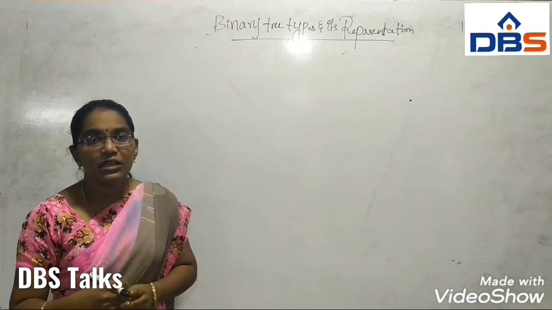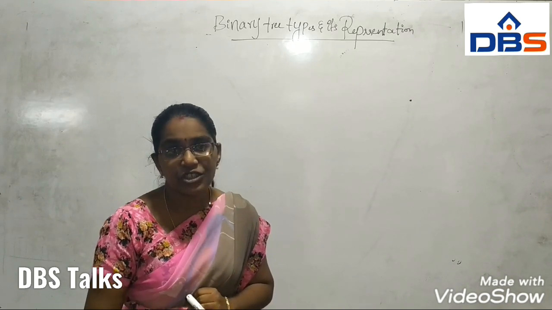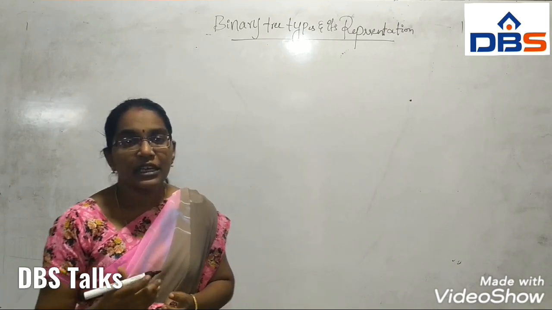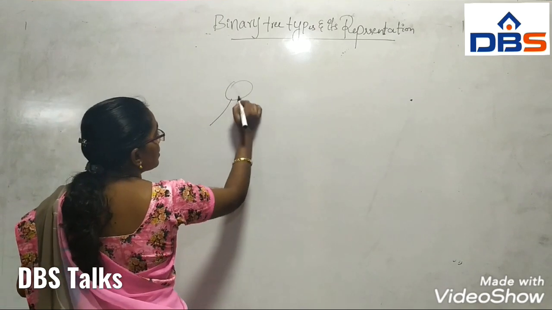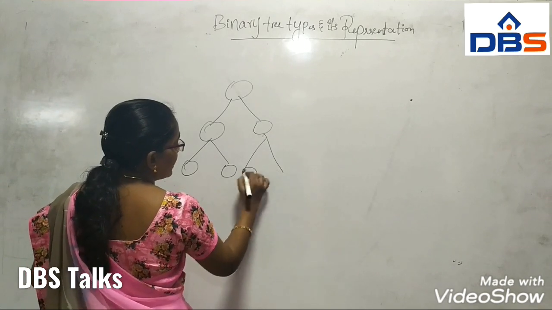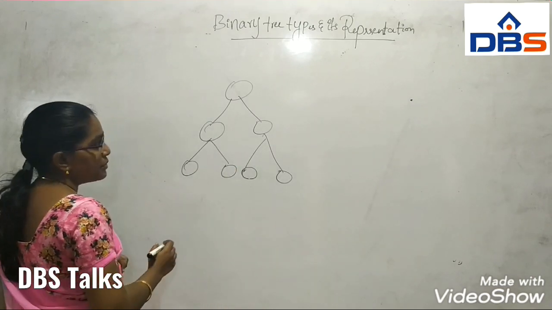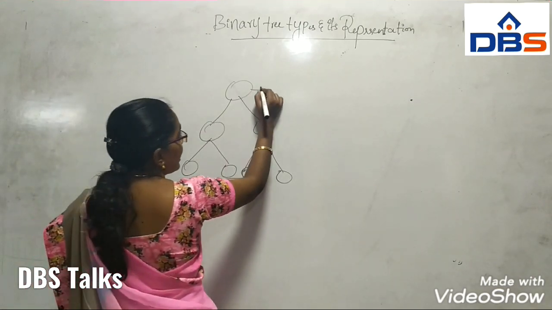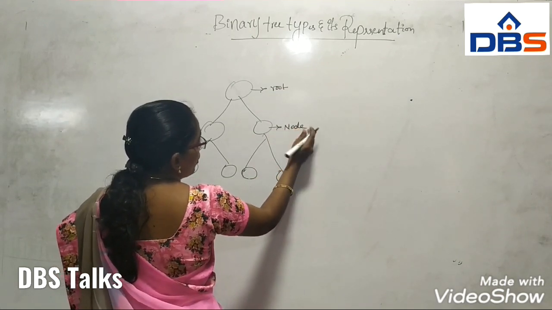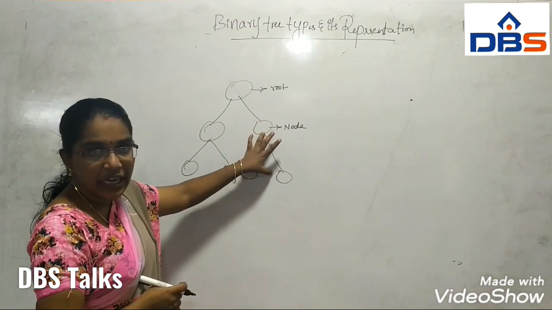Basically, what is a tree? We have already discussed. A tree data structure is going to represent data which have a hierarchical relationship between them. We have discussed some terminologies: we can say this one is a root and this one is a node. A node is something which has information as well as the link to the next node.